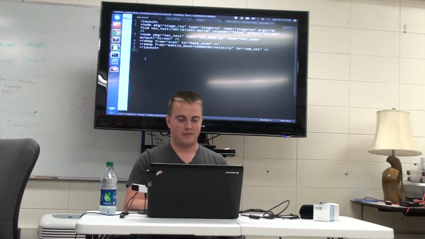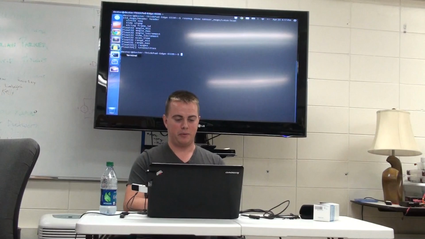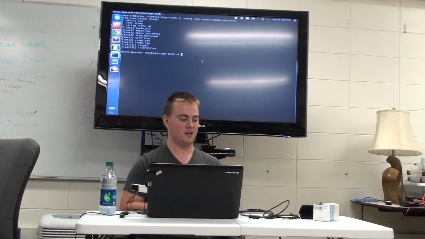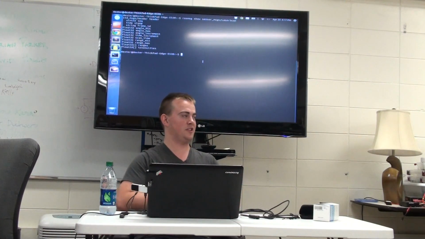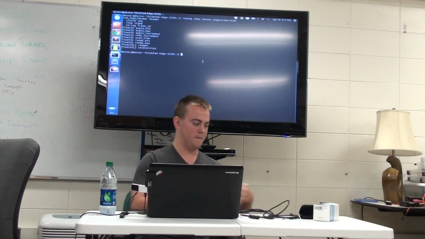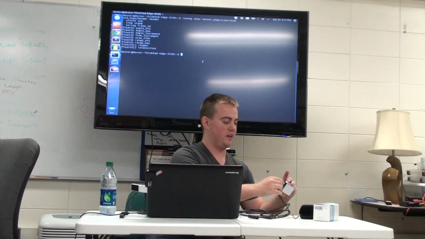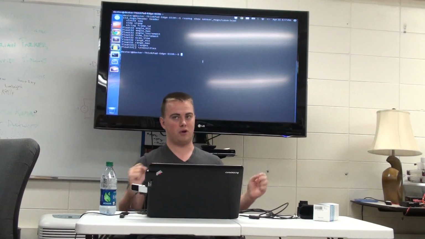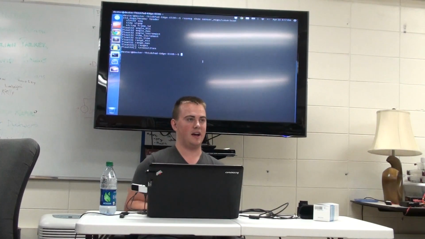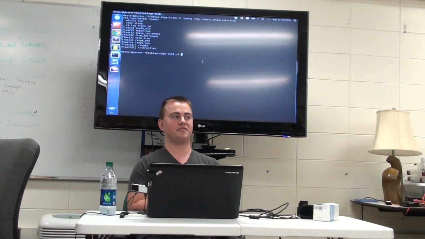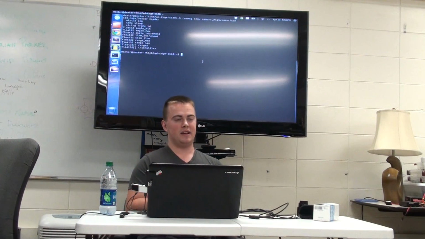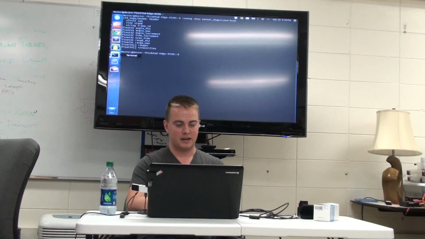Yeah, so we have this file, and let's say we want to actually launch some stuff. So there are two ways to run things in ROS. The first way is with ROS run, and the other way is with ROS launch. ROS run is the way that you can launch an individual file. And the advantage of ROS run is that you don't have to know where that file is, because as long as you have it,